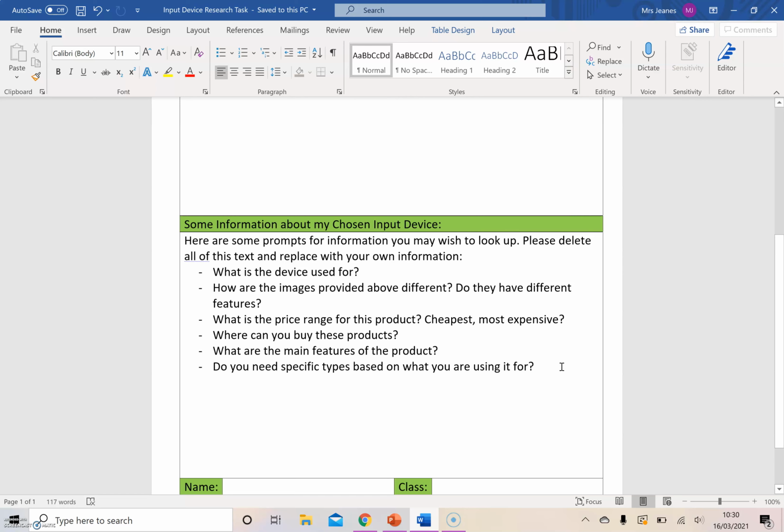So what is the device predominantly used for? Are there any special features about it? What kind of price ranges have you looked at? What's the cheapest? What's the most expensive? What makes it cheap? What makes it more expensive? Does it have better features? If you were going to be doing something specific, let's say you were doing digital cameras and you were a wedding photographer, would you need to buy one that had specific features over one that was perhaps a little bit cheaper? So do a little bit of investigation on one of the ones you're interested in,